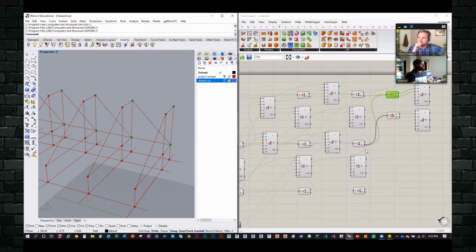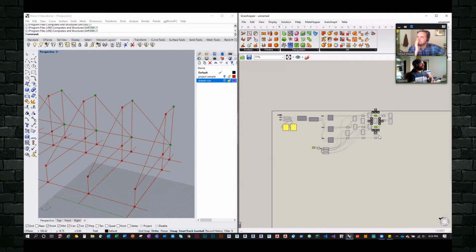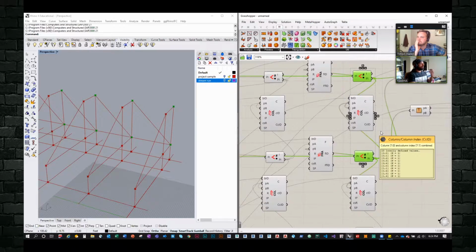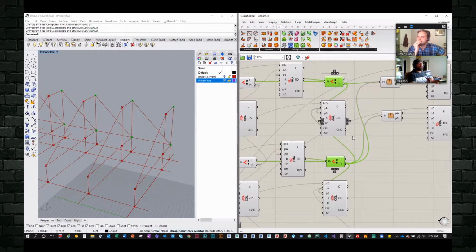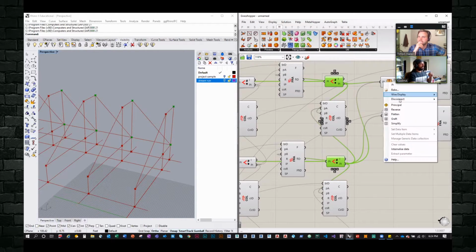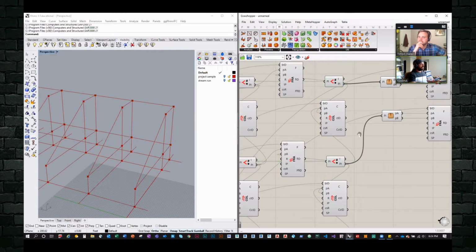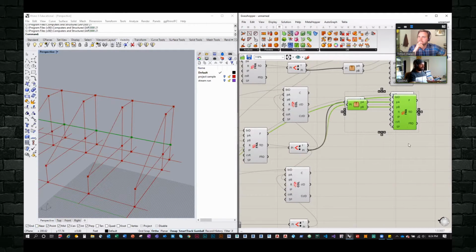So from my zoomed out script, I can quickly dive into where the problem is and troubleshoot it instead of having to navigate the entire script for a large project and figure out what's going on. So I'm going to disconnect this guy and then just continue building this.